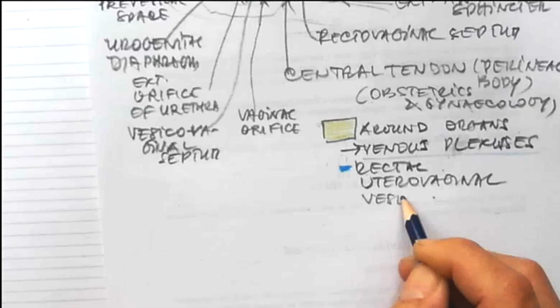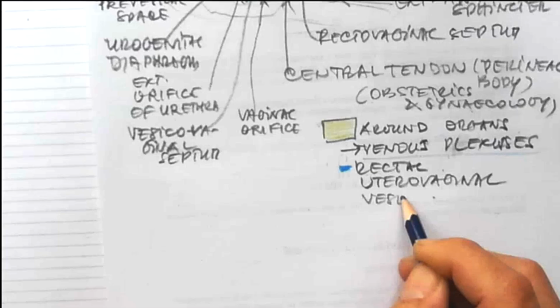So these interconnections, important, represent the direct channels for spread of infection